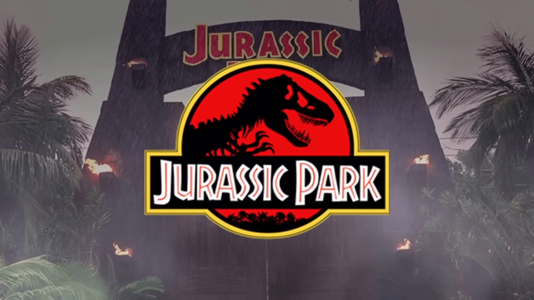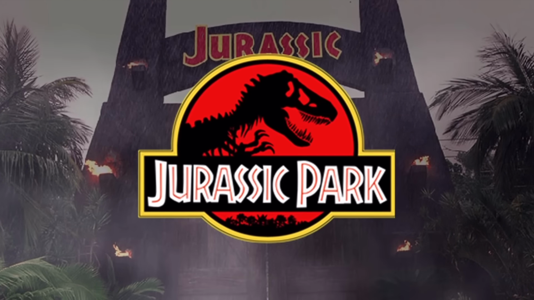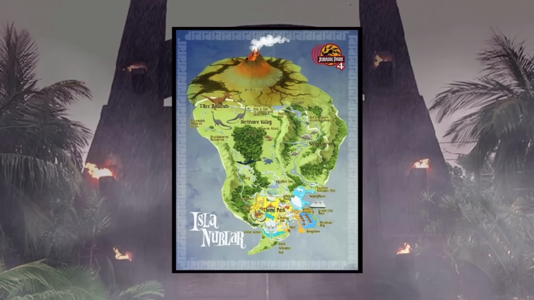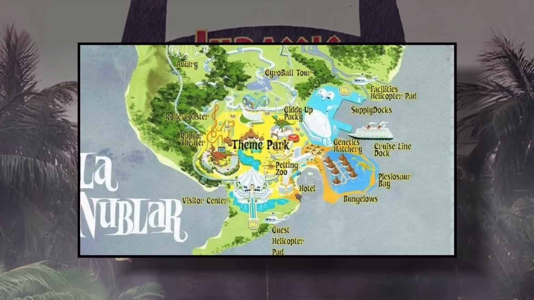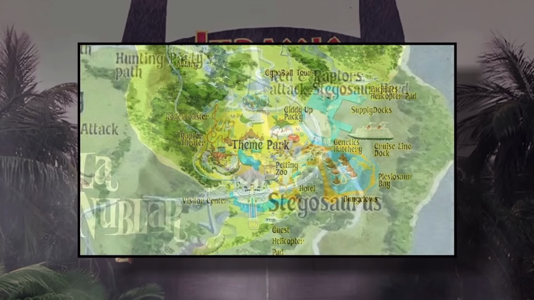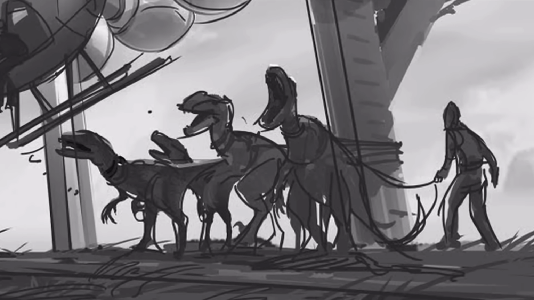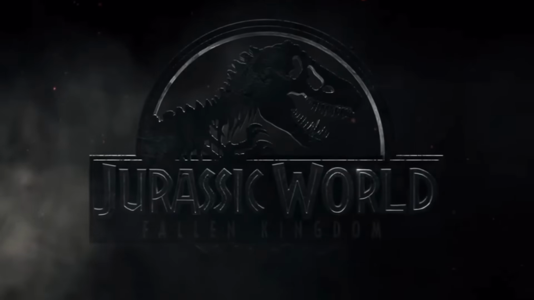Plus, the whole hybrid angle had a basis in previous stories that Jurassic Park had dealt with before, and it even used Michael Crichton dialogue from the novel for Dr. Henry Wu, who, by the way, was not in this version of the movie. With all of that being said, my favorite things from this script are definitely the design of the Malyosaurus, the layout of Isla Nublar, which, by the way, is partially responsible for why the lagoon is in the wrong place in Fallen Kingdom, and the idea of raptors fighting stegosaurs. I don't know why, but I've always thought that would be a really cool sight to see.